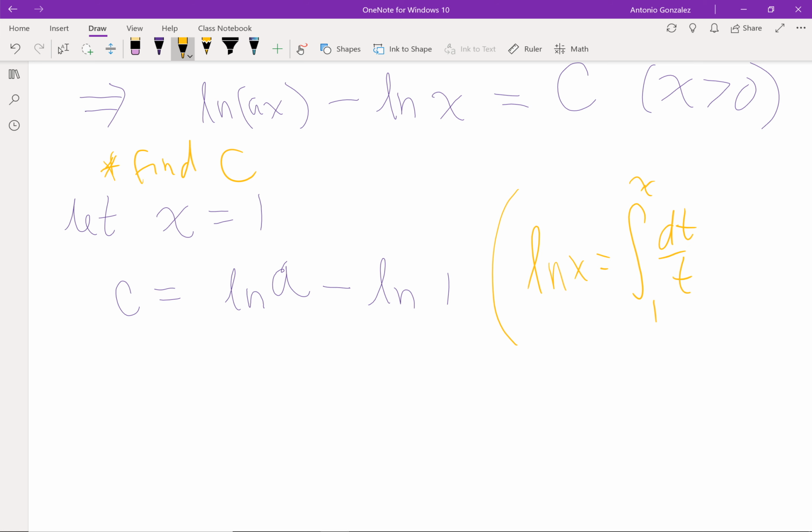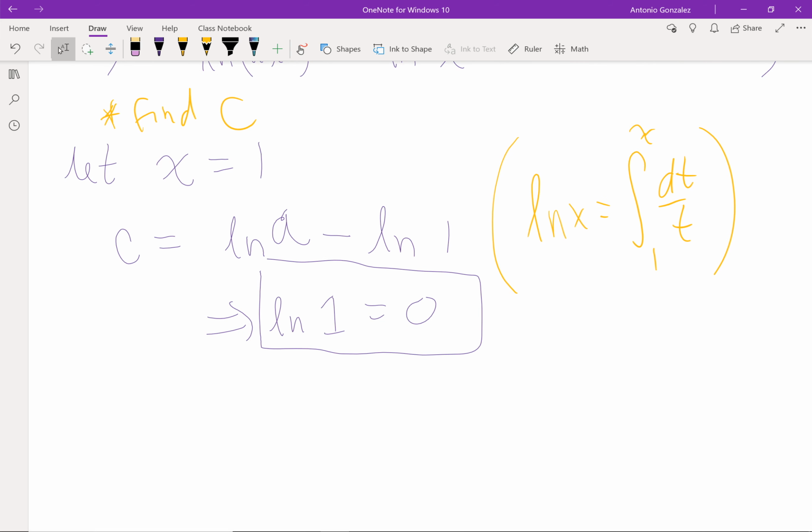If x is equal to 1, what is the integral when the upper bound and the lower bound are the same? The value of the integral is 0. So what we have here is another property of our logarithms, again derived from calculus and not just from our definitions in a pre-algebra course. The natural log of 1 is equal to 0, so that leads me to the conclusion that